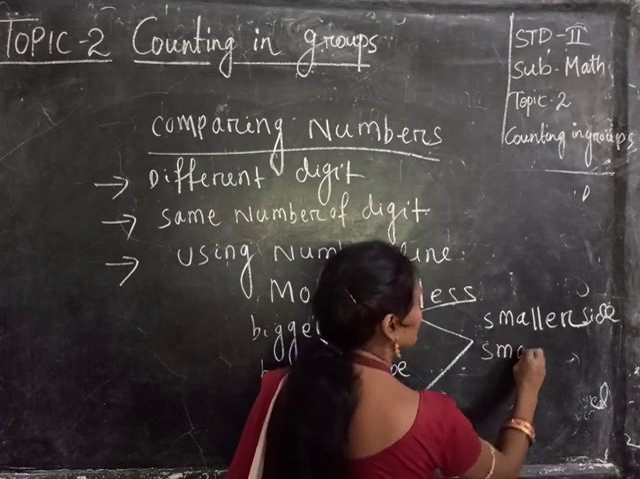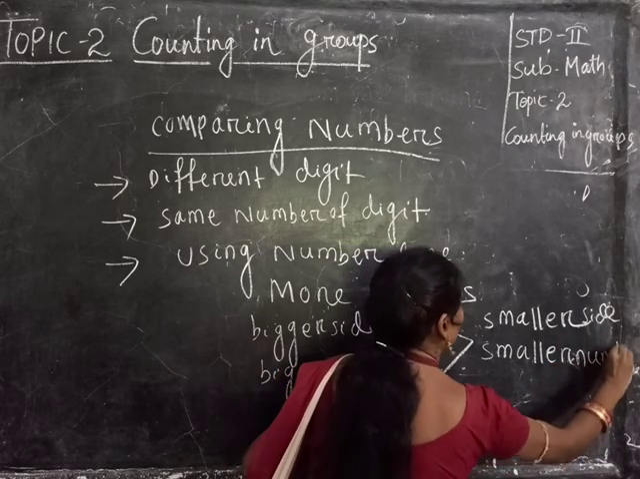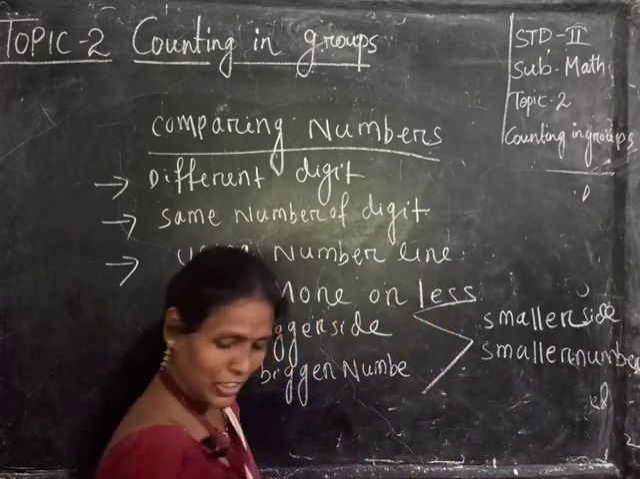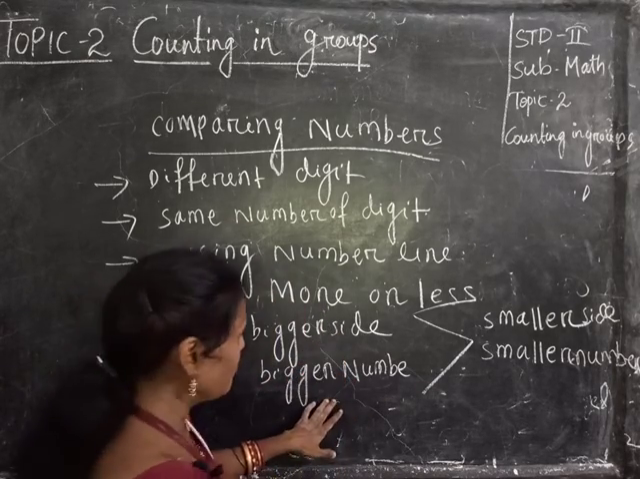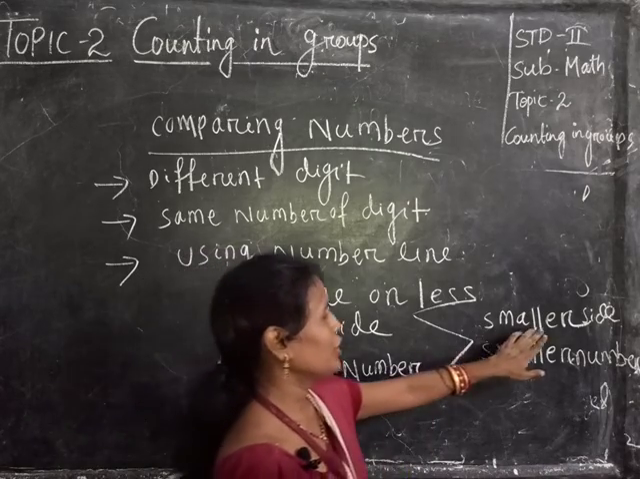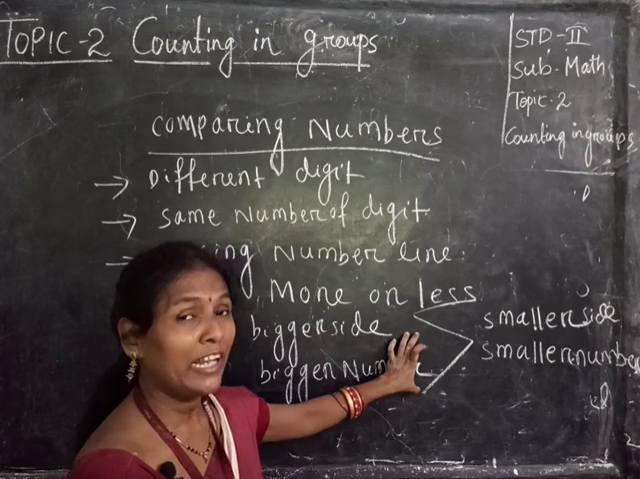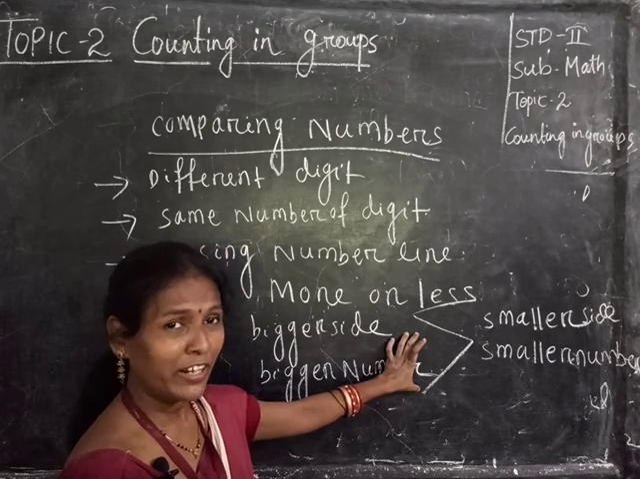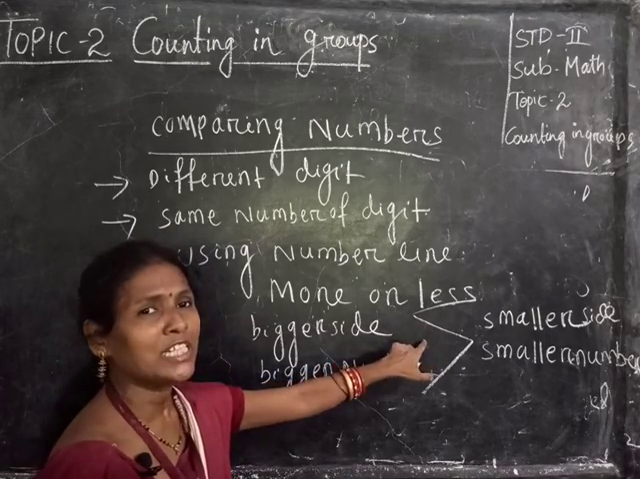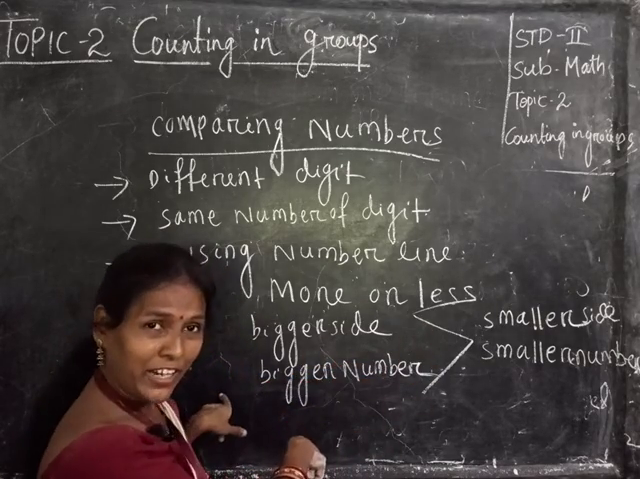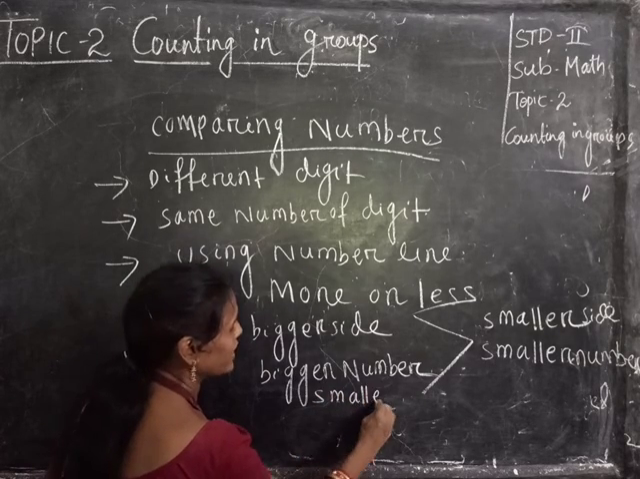and this is your smaller number, right? Next is your, understood, bigger side, bigger number, and this is your smaller side, your smaller number. This is known as your crocodile mouth, right or not? Okay, then when there will be a bigger number, the crocodile moves his mouth to the bigger side, right or not? Next I will show you, this is your smaller side